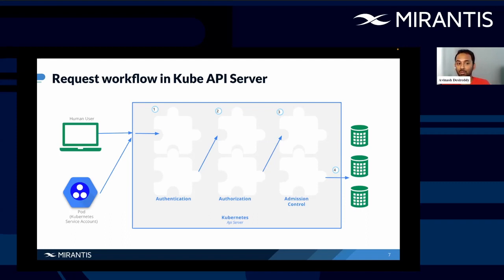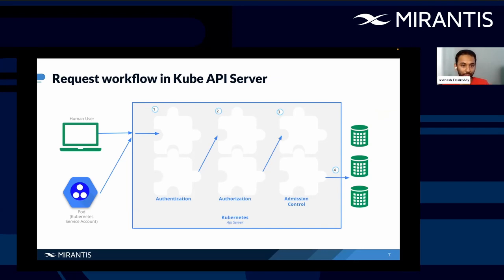If the request is not authenticated, it gets rejected, and an HTTP code of 401 is sent back to the client. And we'll take a deep dive into how authentication is implemented and what the authentication backends are